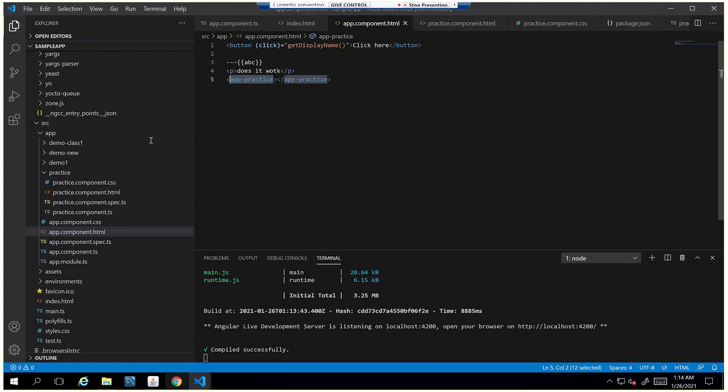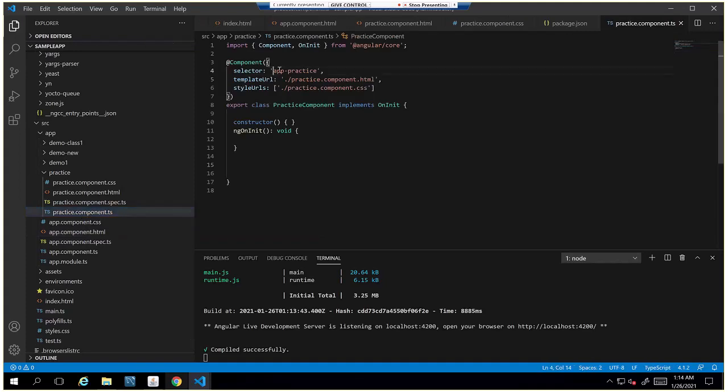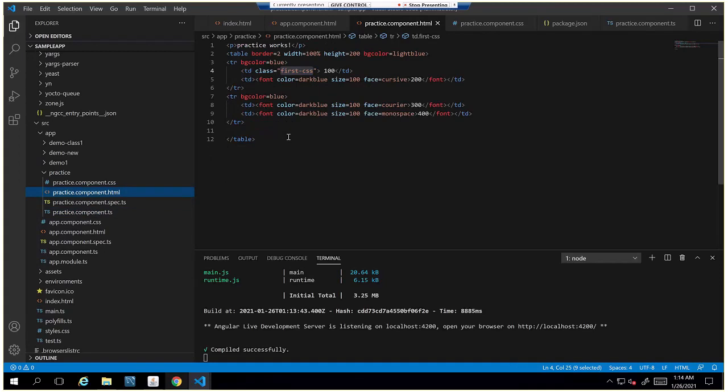I'll show you that. It will come here in practice.component. Practice.component has the selector app practice. So it will load this practice.component HTML into the app component.html.